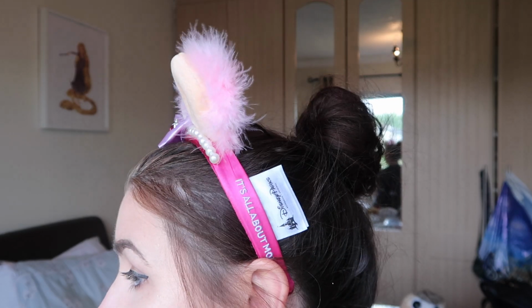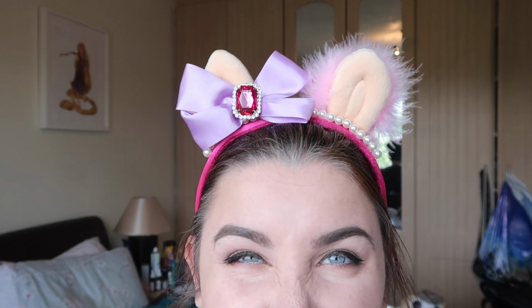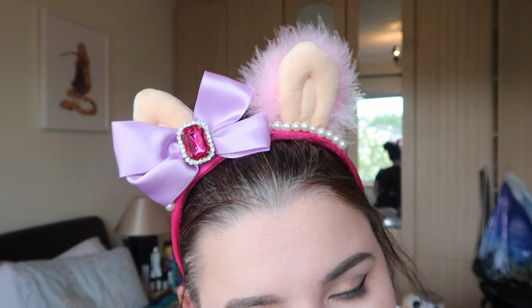If you're not sure what these are, they did take me a good couple of minutes to figure out what they were, and then once I did I went and took them off. Sandra bought them. They are Miss Piggy ears. So on the side it says all about moi, but I love them. They're nice and they're not really sparkly, but they're very fluffy and smooth and pretty, and I love the Muppets and I love Miss Piggy, so I had to buy them because yes, Miss Piggy. Then as well,